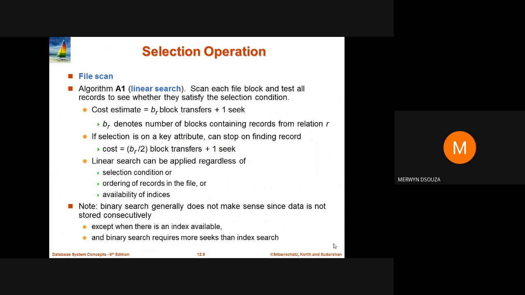Binary search can be used when there is an index available, and you need to remember that binary search requires more seeks than an index search. What is a seek? I have told you in the video for measuring query cost, so please watch that video in case you don't remember.